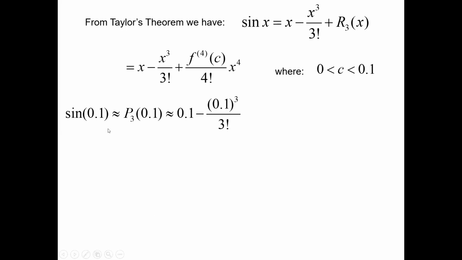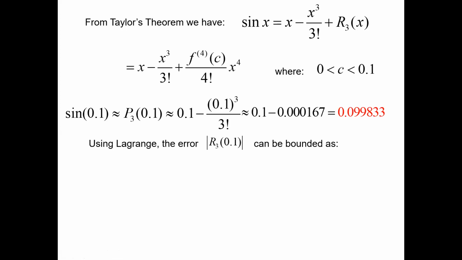So sine of 0.1 using our polynomial, if we plug in 0.1, we get 0.1 minus 0.1 cubed over 3 factorial, which gives us an approximation of 0.099833. Well, how good is our approximation? How high is this bounded? So our remainder, which is equal to that 4th degree cutoff term,